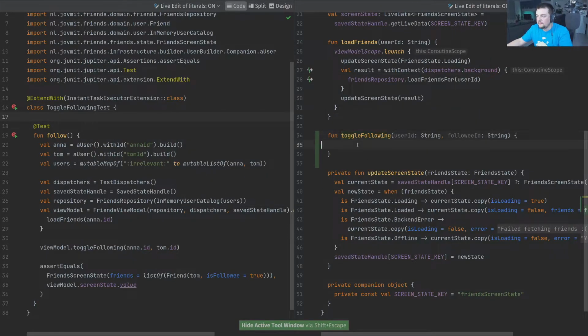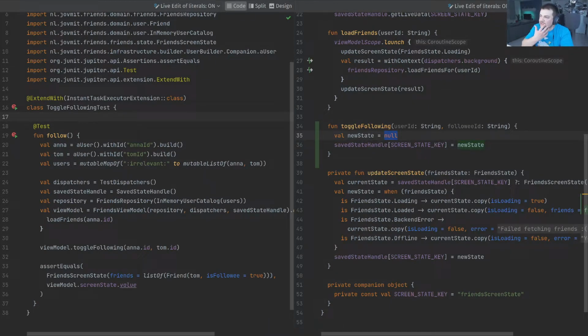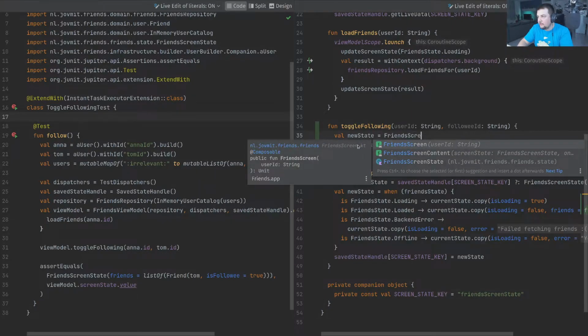So how do I make this functionality work? So what's the sort of the simplest thing that comes to my mind? So I will set in the saved state handle the thing that is expected in my test. So in my saved state handle for screen key, I'll say new state, and the new state is going to be, I don't know, friends screen state,